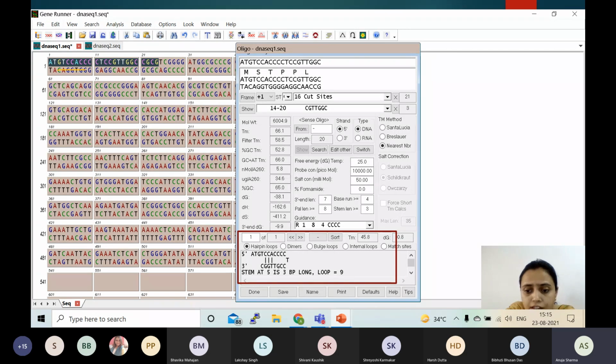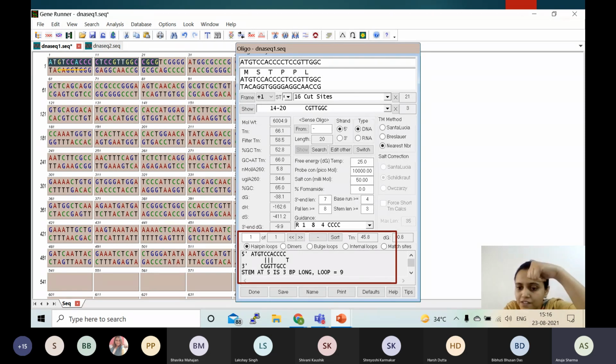But what we'll see here is that just taking 15 to 25 nucleotides from the 5 prime end is not primer designing, right? One very important feature of a primer is that the sequence should not be self-complementary. So let us say this is your primer and this part is complementary to this part. What will happen is it will bend on itself and form a loop like this, right? When it has formed a loop like this, it will not bind to the template strand. Since the whole part is complementary to the template strand, if it forms a loop like this,